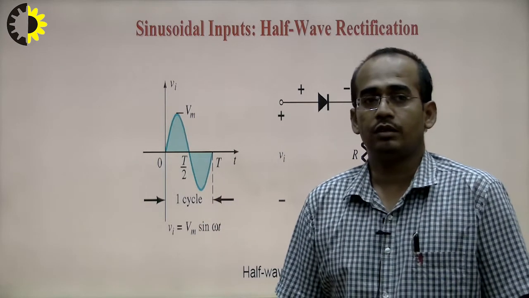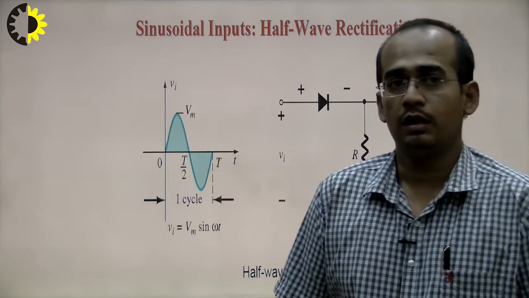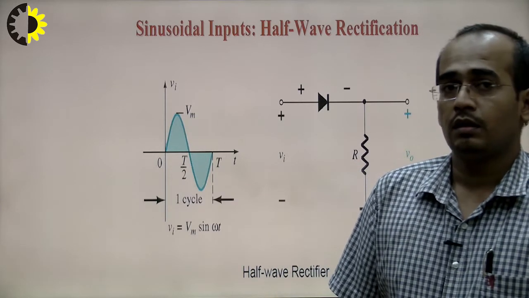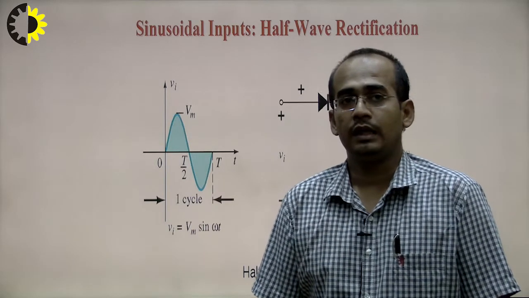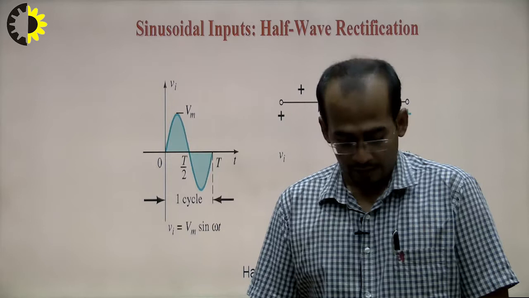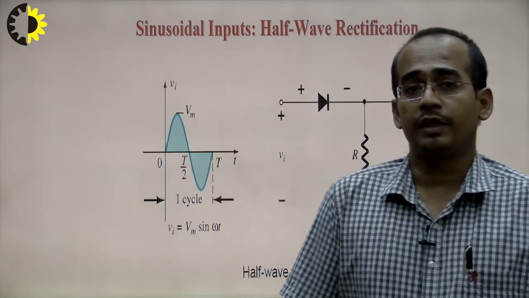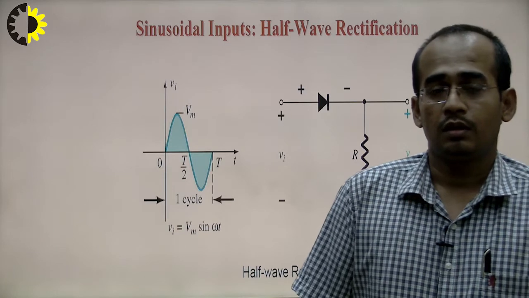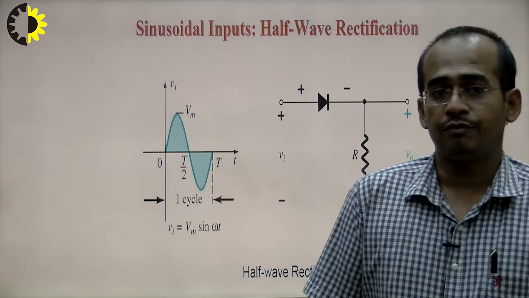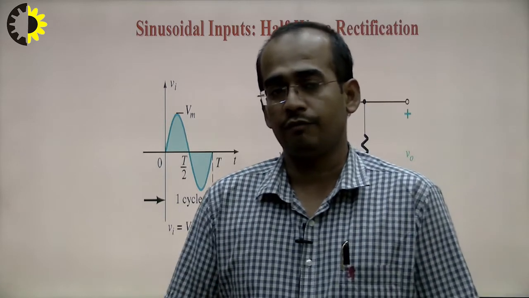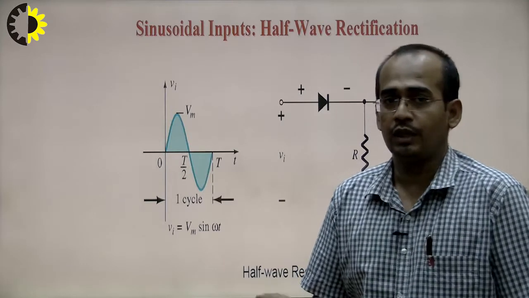For conversion of AC to DC signal, there are two types of rectifiers available: the half wave rectifier and the full wave rectifier. In case of a half wave rectifier, a number of ripples are present at the output of the rectifier, so we use the full wave rectifier. But for smoothing the output of any rectifier, whether it is half wave or full wave, we can use a filter.